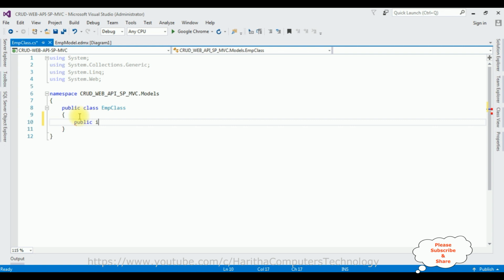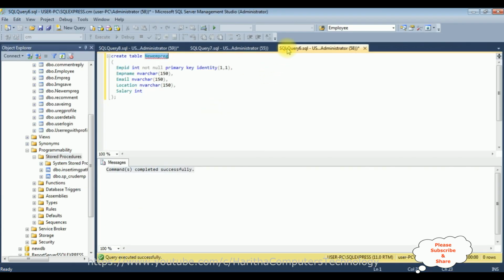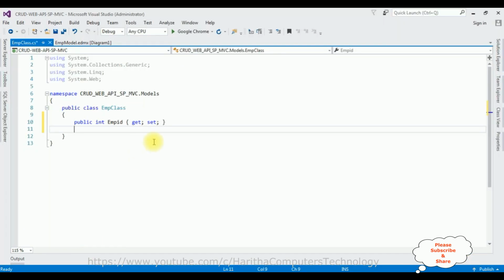Public int EMP ID get and set properties. In our table we have 1, 2, 3, 4, 5 columns: EMP name, email, location and salary. Let's add public string EMP name get set,